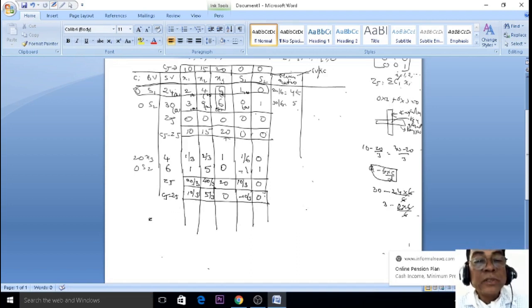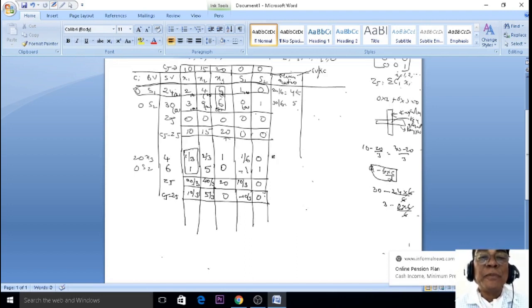So the problem is not completed. The values of Cj minus Zj should all be zeros or negatives, but here there is a 0, 0, a negative, but these two are positive. It indicates that the problem is not completed. Again, you have to apply the minimum ratio for row and column. Out of these two, which is the maximum value? 10 by 3, because 5 by 3 is lower than 10 by 3. So better to select this key column. This is the key column value.